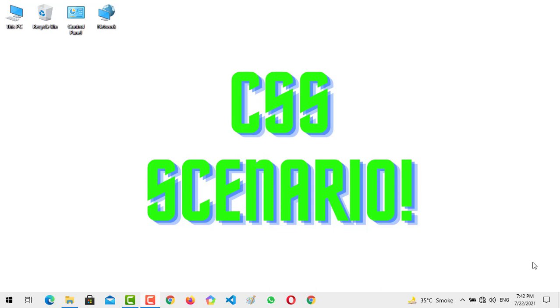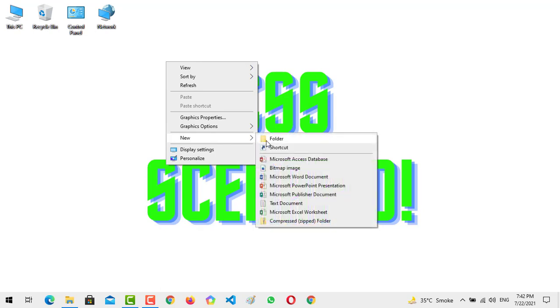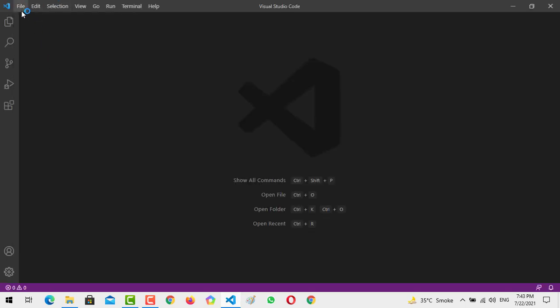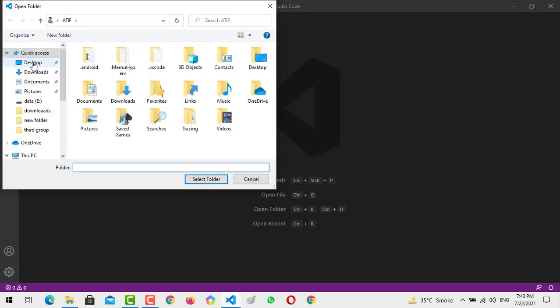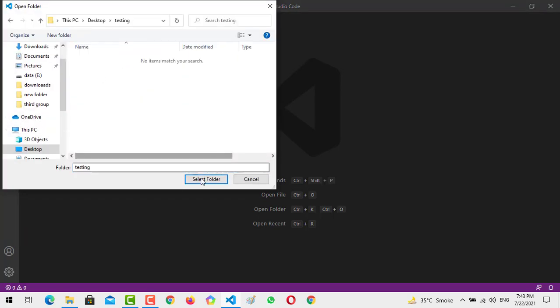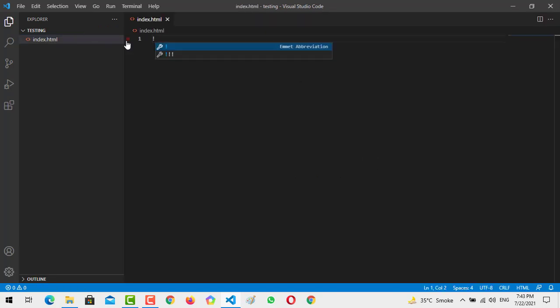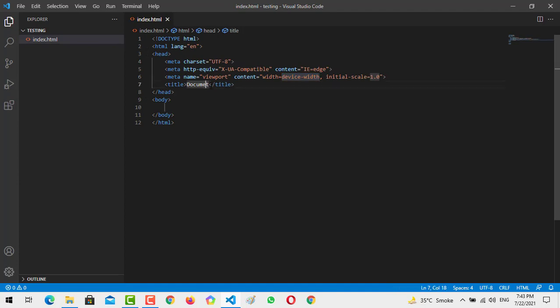So let's get started. We are going to create a folder on the desktop, and it should be named testing, and that will be fine. And now we are going to open Visual Studio Code, and in the file section we are going to open the folder. On the desktop we found that one, select folder, and now we are going to create an index file. So index.html, and using IntelliSense, Shift 1, we are going to create the initial text of HTML,